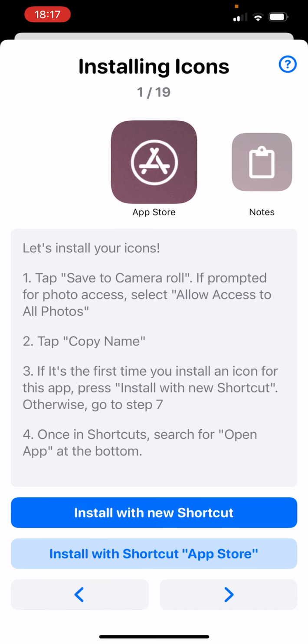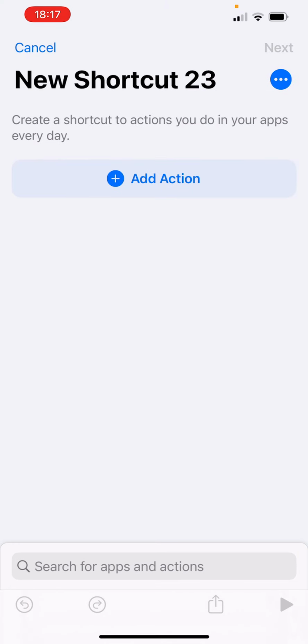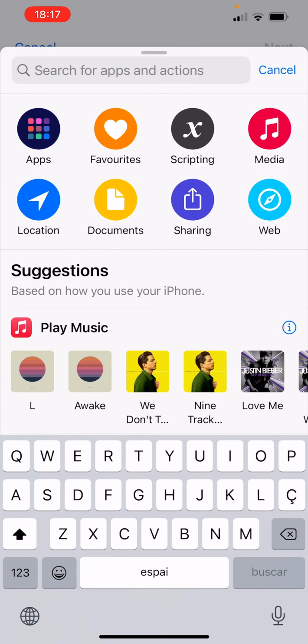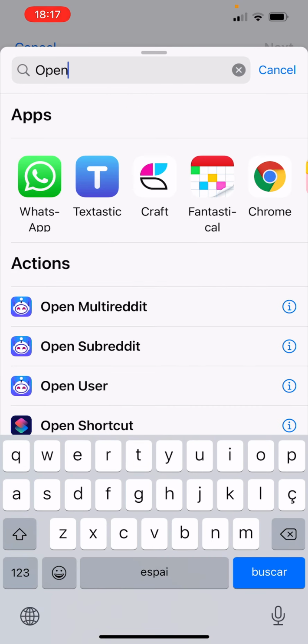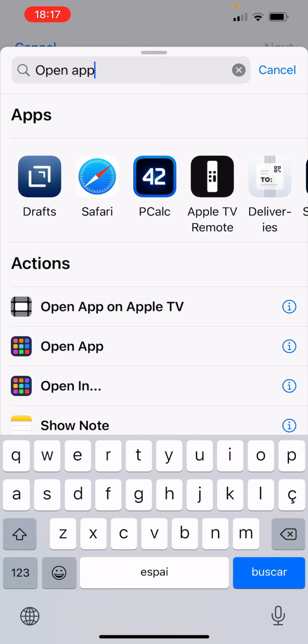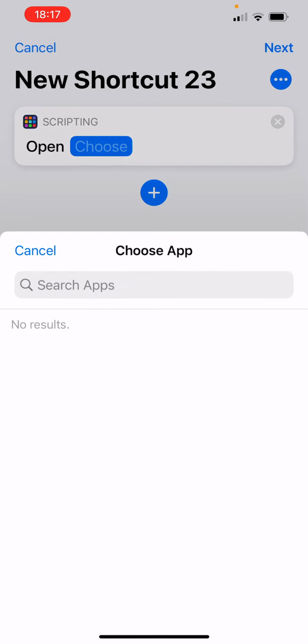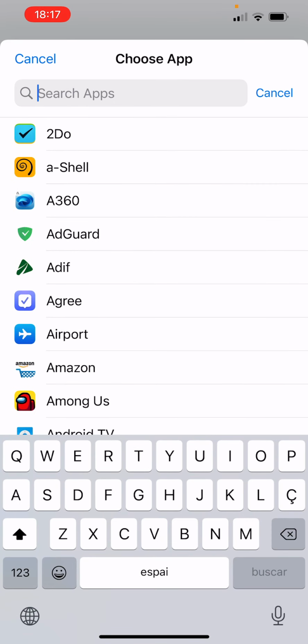And now it's the first time you're installing this icon, so it's the first time I'm installing the App Store icon, I'm going to press install with new shortcut, like so. Now I'm going to press on add action, and I'm going to look for open app right here. Now I'm going to choose the app I want to open, so I want it to open the App Store